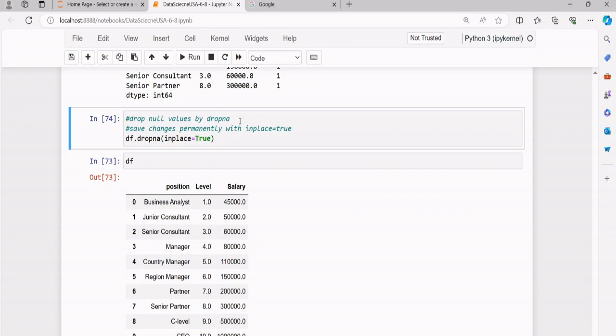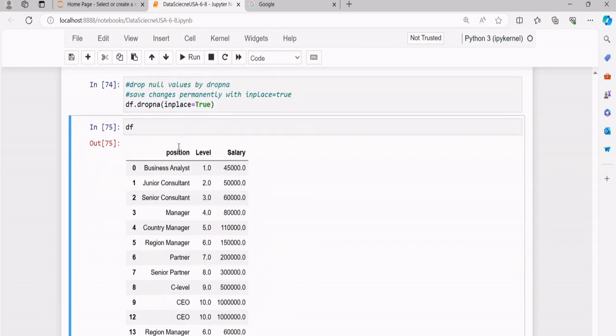So when we perform the dropna and we want to show the data again, you can see the null values are permanently deleted. Got it class? What I'm saying? The dropna. And one more thing,